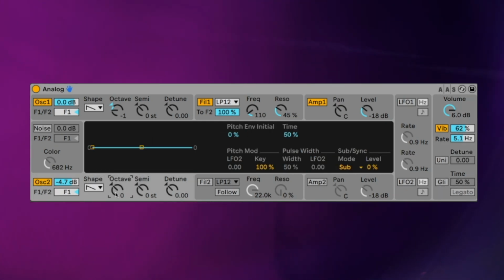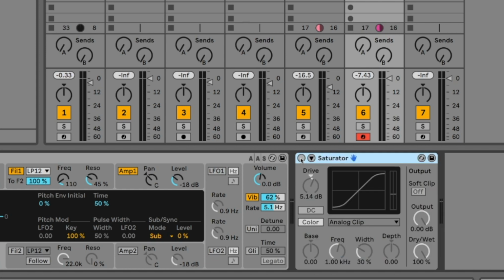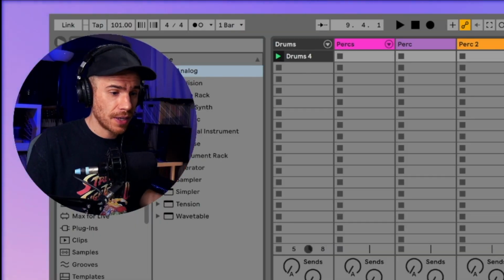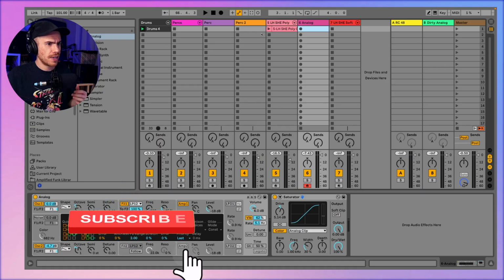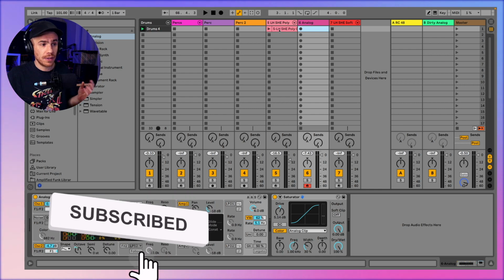And now we can try with oscillator 2 an octave higher. Pretty cool bass sound. Let's turn on the Saturator to drive it a bit. And let's play something. I've got some drums set up here and a synth pad from my Synth Hop Essentials